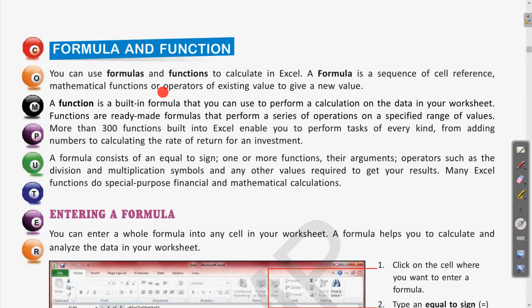You can use formulas and functions to calculate in Excel. Now what is a formula and what is a function? A formula is a sequence of cell references, mathematical functions or operators acting on existing values to give a new value. So what is a cell reference? If you recall from the previous class, a cell reference is the address of a cell.